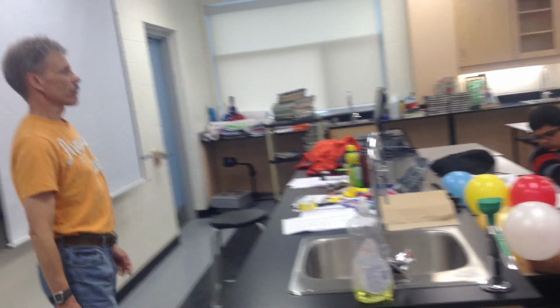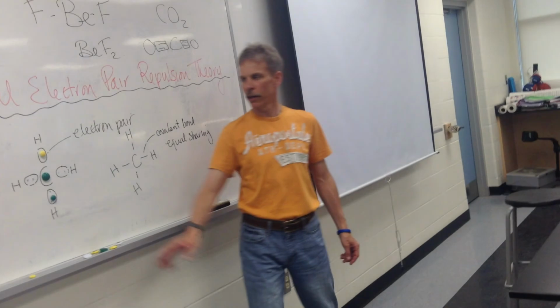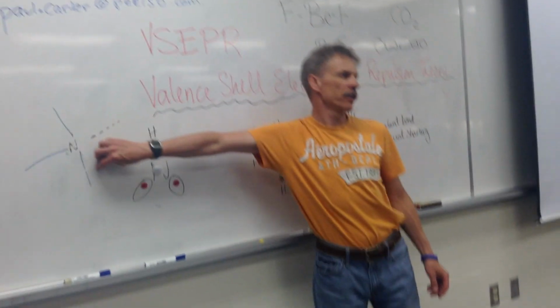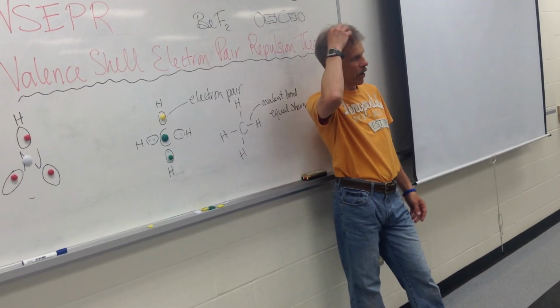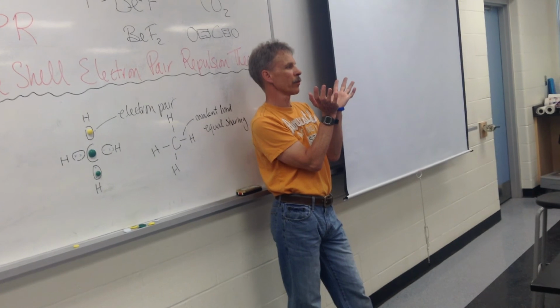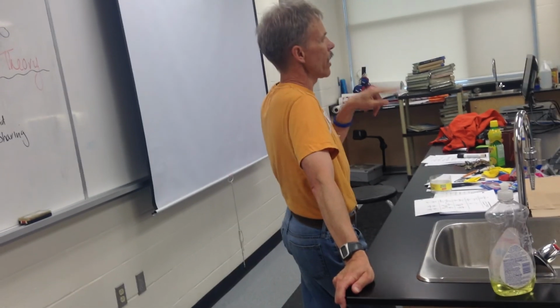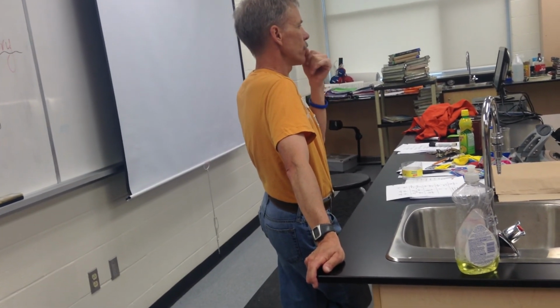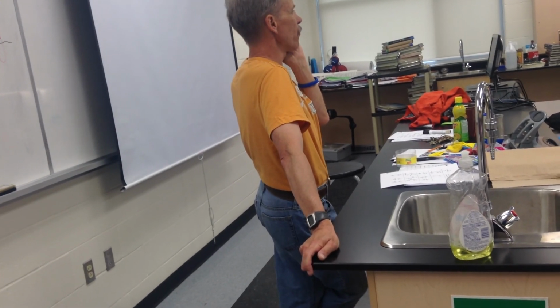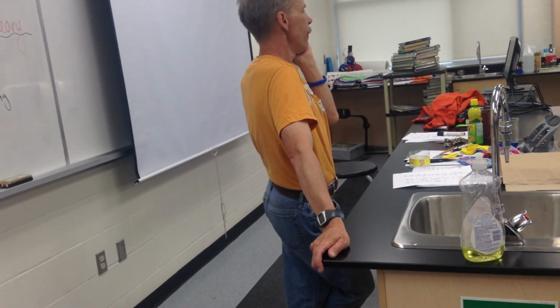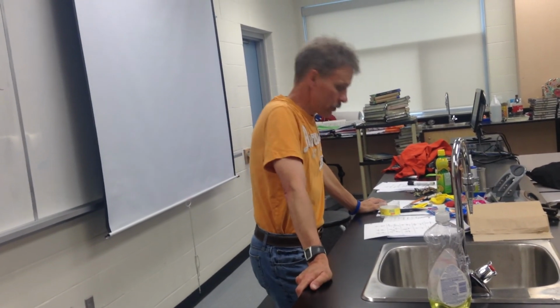Does that mean every bond angle is equal? For those it is, because the electron pair is not going to affect them. We're not going to deal with lone pairs right now because it totally messes things up. If you put a lone pair in, it's going to change the angle, so you'll have a different number. If you're looking at water, most people think water is exactly this. It's not. So the bond angle equals 360 divided by the subscript of the X, if E is not present. That's how far apart each of the electron pairs are. We start with the first one at 180, the second at 120, and then if we add a third one,